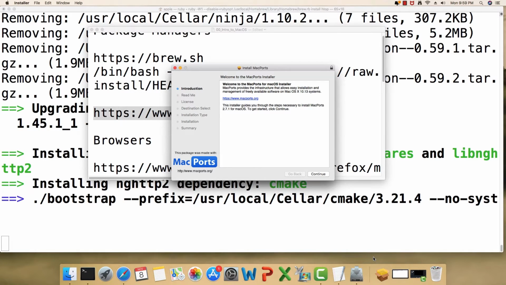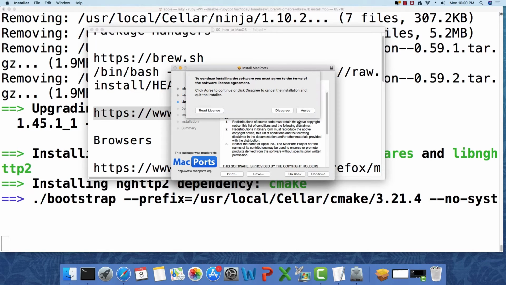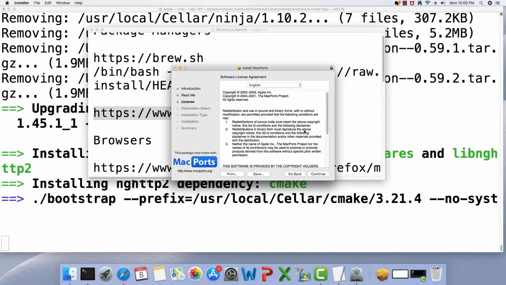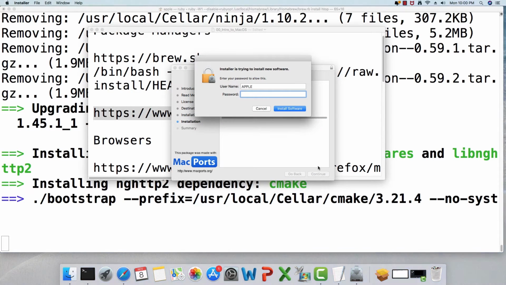If I click this file, it is going to launch an installation wizard. Welcome to the very first installation on your macOS. Let me continue, and it is going to ask us to agree to an agreement, and let's install it. It is going to ask us for the admin password.